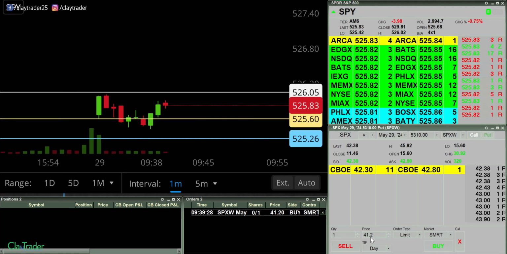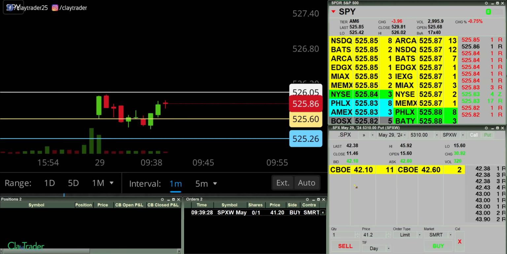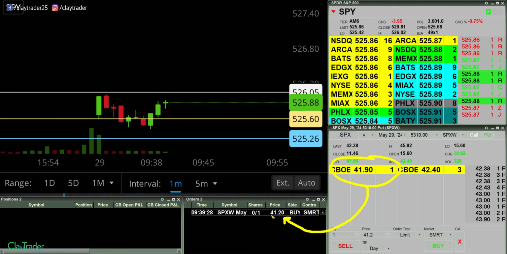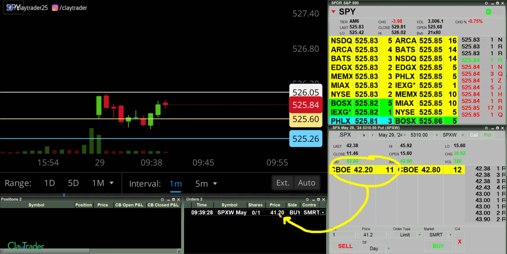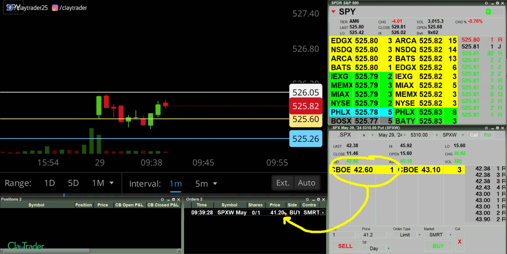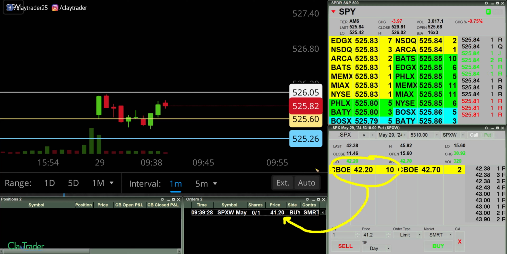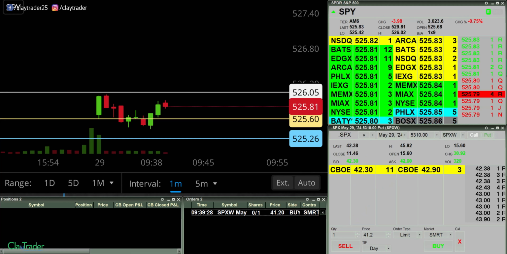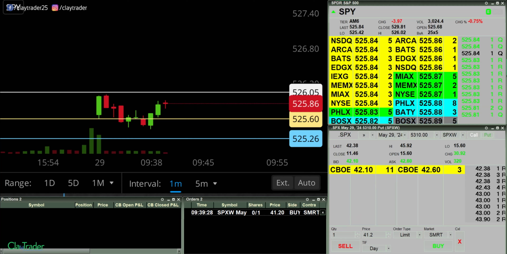So again, just comment below option guide, and what I'm looking at is this number right here. I want to see that number drop down to 41.20 and then go slightly below 41.20. And if it does that, that white will turn to green, which means I have now bought the option contract. So that's what I'm currently watching. If you're not familiar with my screen,